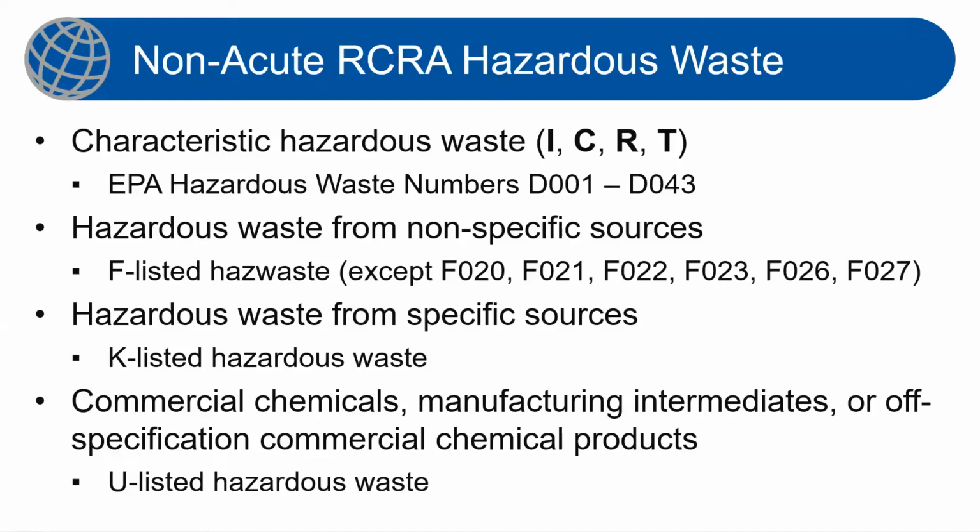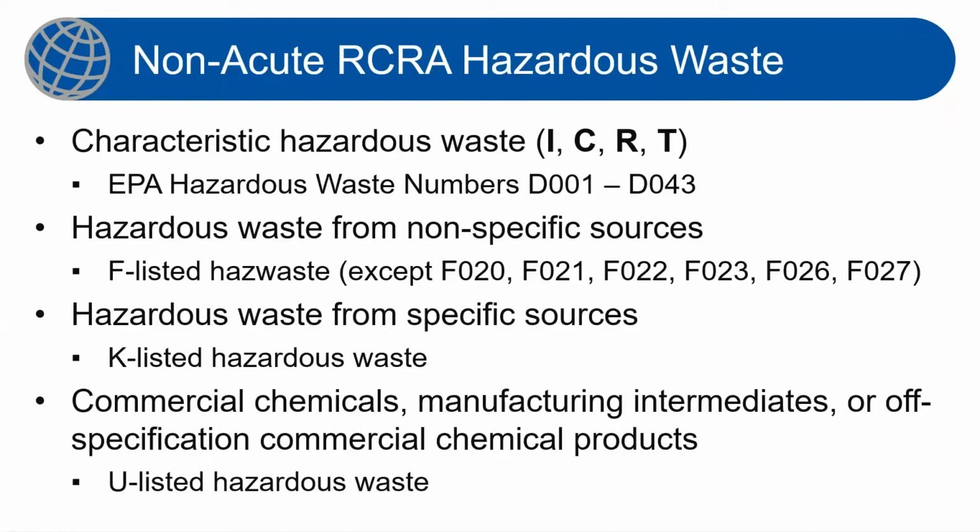And those wastes on the U list identify hazardous waste, and in some instances, there may be wastes on that list that are included because they might exhibit the characteristic of ignitability, corrosivity, or reactivity, but each and every waste on the U list would be considered to be a non-acute RCRA hazardous waste. So any of these wastes that you generate at your facility are assigned an EPA hazardous waste number, D001 through D043, if it is a characteristic waste. If it is an F, K, or U listed waste, those wastes would be considered